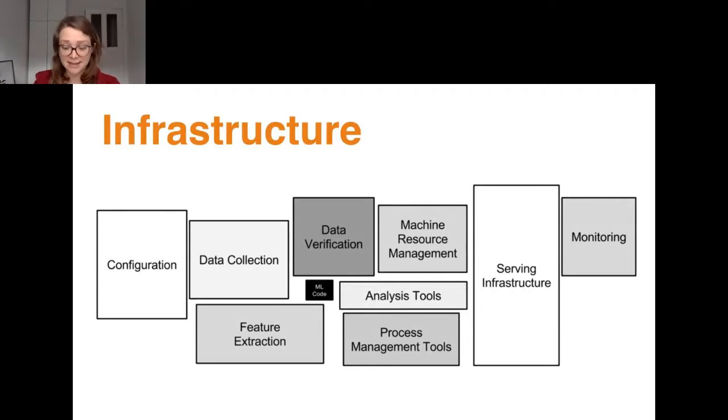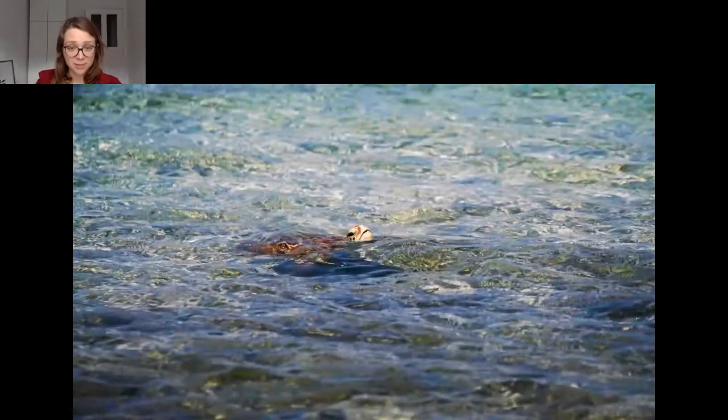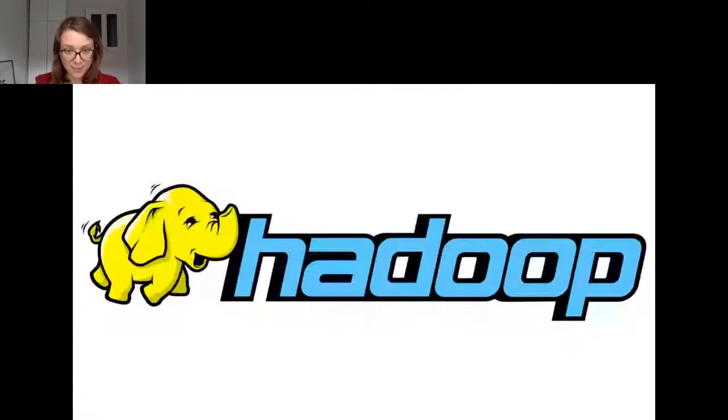I like giving hands-on advice. So let's take a deep breath, and we're going to dive through a list of tools that I can recommend you use for your infrastructure. And I'm going to name as many open source tools as I can, and all of them are in Go or have Go libraries, which means you can build your entire infrastructure for supporting a machine learning algorithm in Go. Let's dive in. First one is Hadoop.